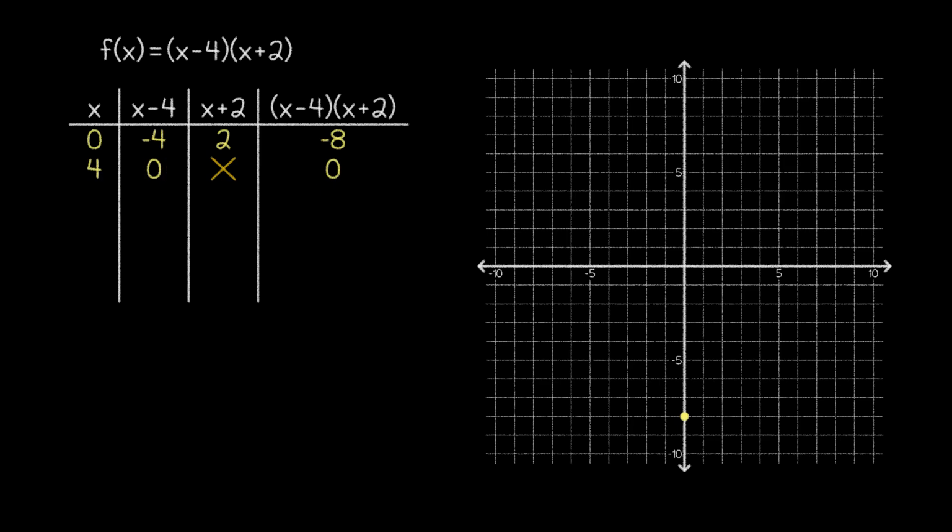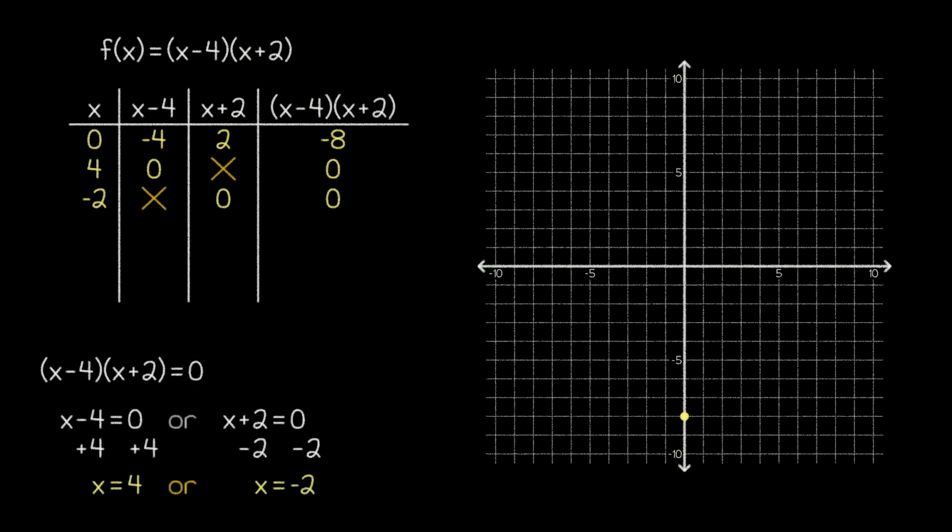We can follow a similar process with our next input by noticing that -2 plus 2 also yields 0. Thus, plugging in -2 will give an output of 0. You may notice a connection here with our process for solving quadratic equations using the factored form. If we set our function definition equal to 0, then we can solve the resulting equation this way. These solutions are the same numbers that we just used as inputs in our table, which is why we got 0 as the corresponding output values.